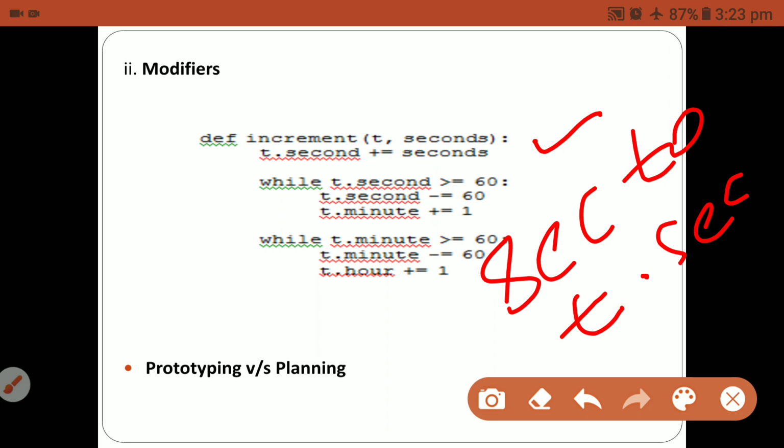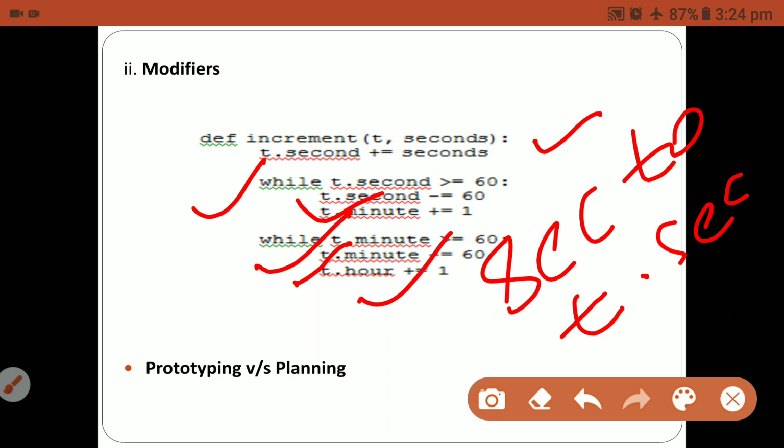Here you can see, while t dot seconds is lesser than 60. Okay, if t dot seconds exceeds 60, automatically the minute counter will be incremented. Suppose the minute exceeds 60, the minute counter will be decremented.